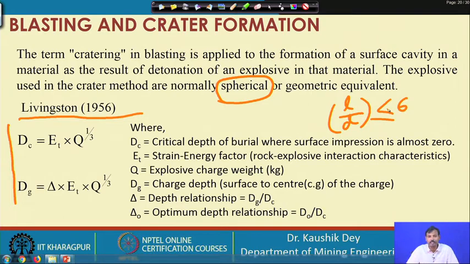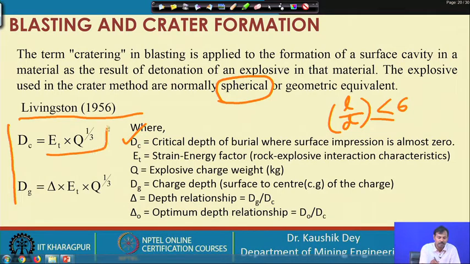That means, if the charge length being utilized for the crater experiment is less than 6 times the diameter, then the charge is considered a spherical charge. So, in crater blasting the charge must always be a spherical charge, otherwise the Livingstone theory may not be applicable. So, spherical charges are utilized, and Livingstone has found that the critical depth of burial, DC, can be considered